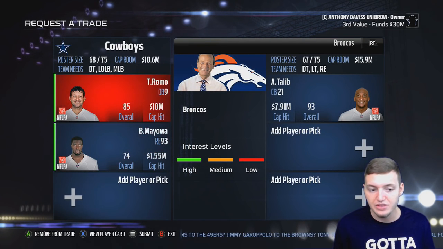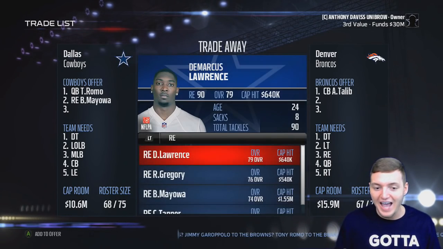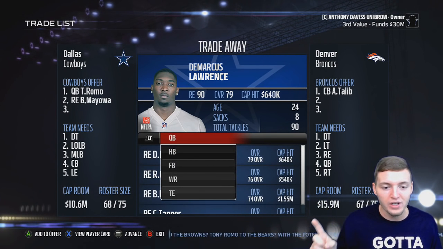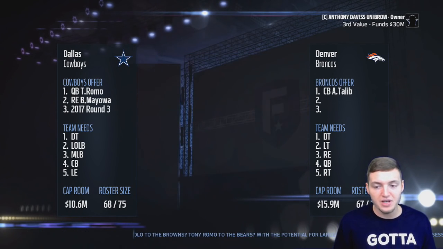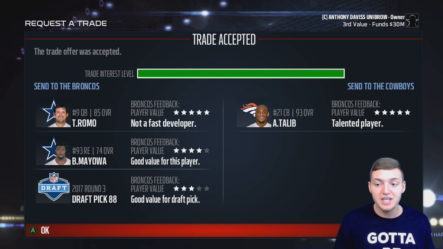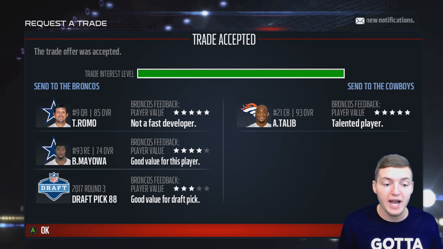So let me try this deal right here, and they're in the yellow. I think if I add in a third round draft pick with this deal, this could potentially go through. We can get ourselves a number one corner. So let's go with the third round draft pick. Please, please, Broncos, and it was accepted. So we get ourselves a very talented cornerback for Tony Romo, a third string right end, and a third round